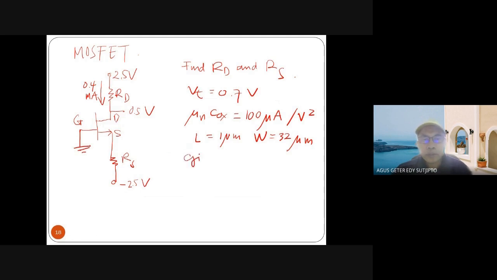And then the dimension of the transistor is L equal 1 micrometer, and W, the width, is